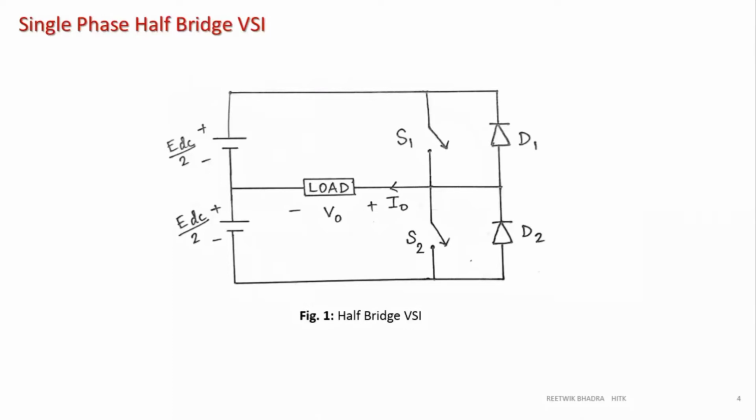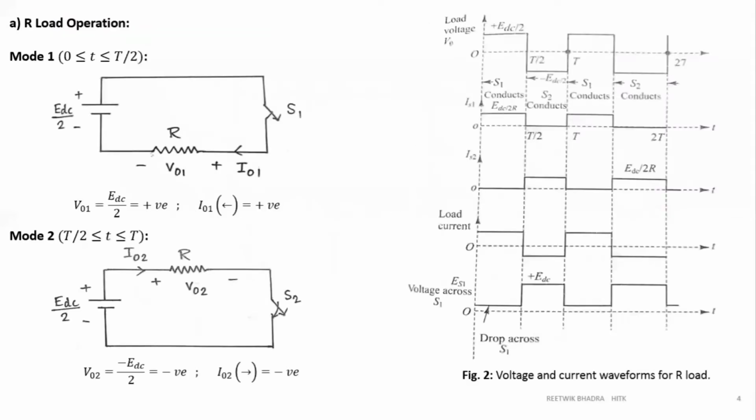As studied earlier, there will be two modes. Switch S1 will be on, then off. Switch S2 will be on, then off. So S1 on and off, S2 on and off. There are two modes for each switch. According to the switch on and off, we generally classify our modes of operation. So let us think about a whole cycle of a sine wave. Positive half cycle is some part and negative half cycle is some part. Let the positive half cycle be 0 ≤ t ≤ T/2. Think it is positive.